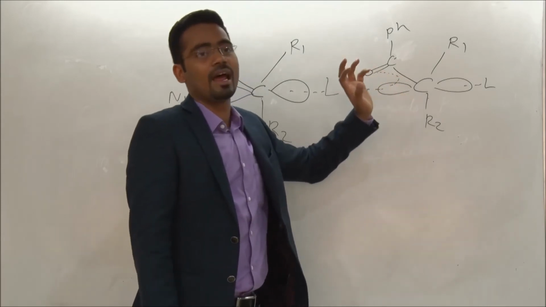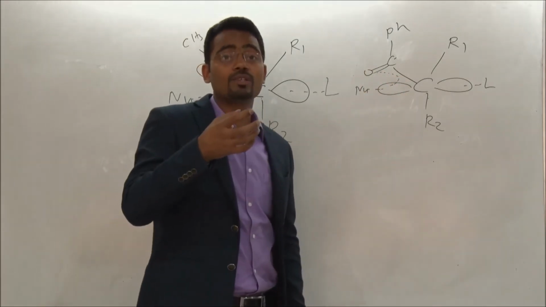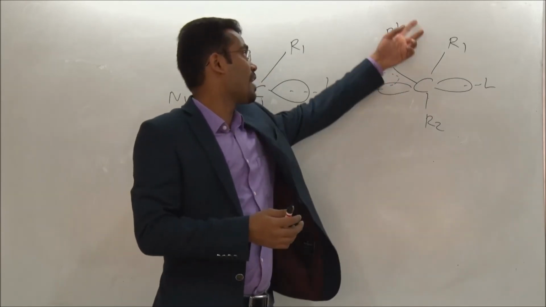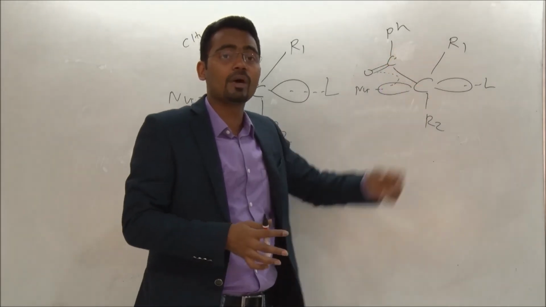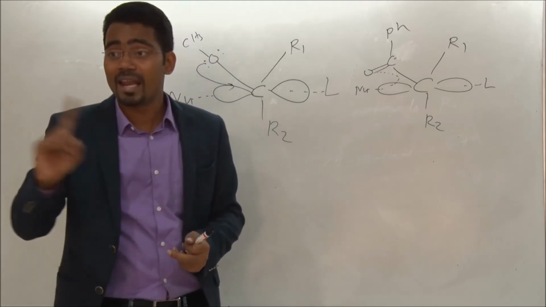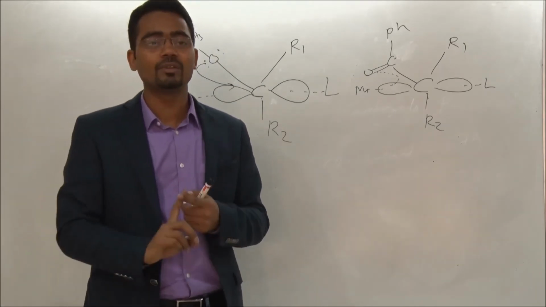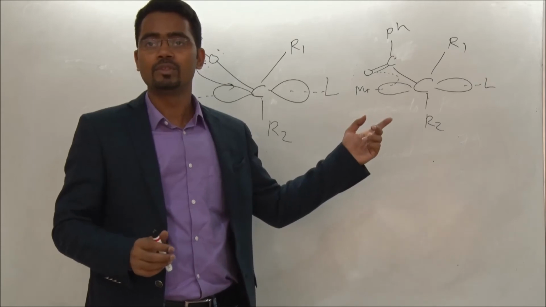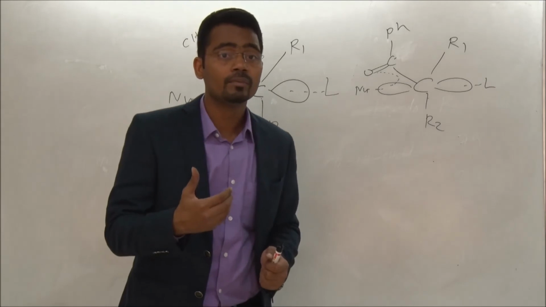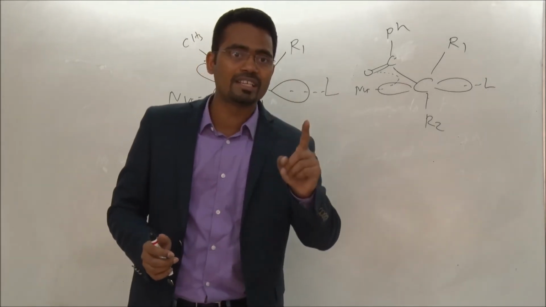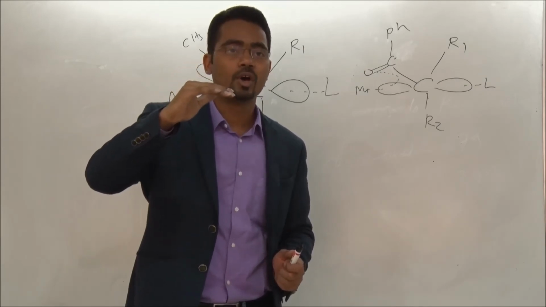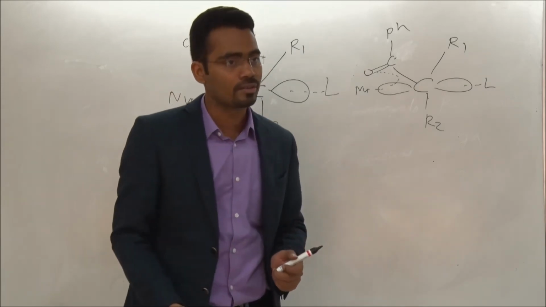सिर्फ इसको स्टेबलाइज नहीं कर रहा है. शुरू में भी क्या हो रहा है, इसको और इलेक्ट्रॉन विथड्रॉइंग भी बना रहा है इसको. और पीएच जोड़ने से क्या हो गया, इसका माइनस आई इफेक्ट काम कर रहा है. माइनस आई इफेक्ट क्या हो रहा है, मतलब देखो जी यहाँ जो ये सारे इलेक्ट्रॉन विथड्रॉइंग ग्रुप है उसका सिर्फ माइनस आई इफेक्ट नहीं लग रहा है. कहने का मतलब ये माइनस आई तो लग ही रहा है, साथ में क्या हो रहा है, कंजुगेशन भी हो रहा है. सो बिकॉज ऑफ माइनस आई रिएक्टेंट को क्या बना रहा है, मोर इलेक्ट्रोफिलिक, एंड बिकॉज ऑफ कंजुगेशन ट्रांजिशन को क्या कर रहा है, बोलो, मोर स्टेबलाइज. और दोनों फैक्टर मिलके रिएक्टिविटी को बढ़ा दे रहा है.